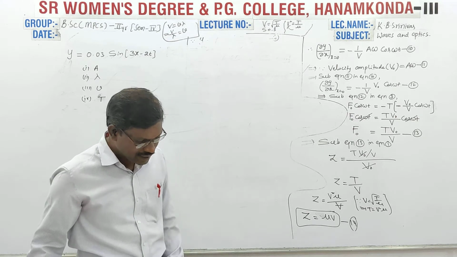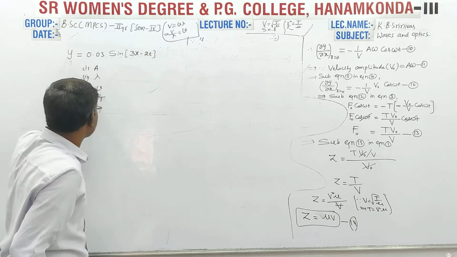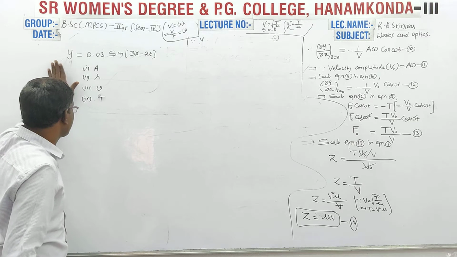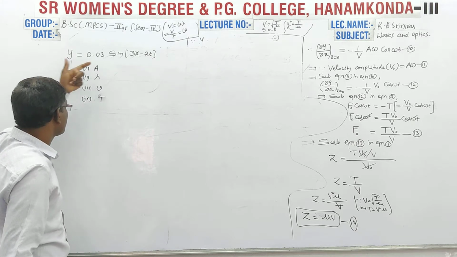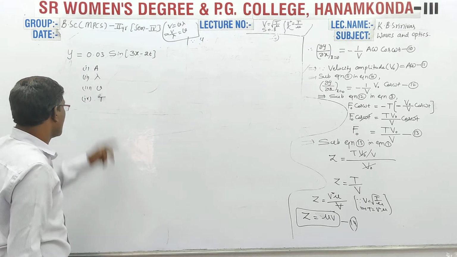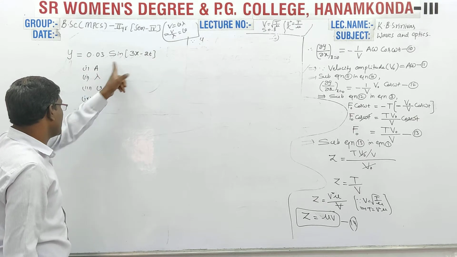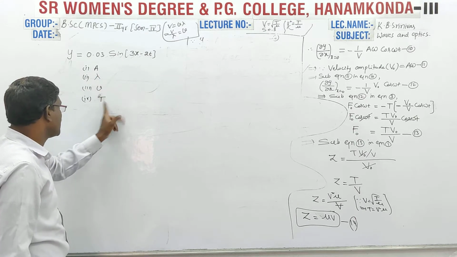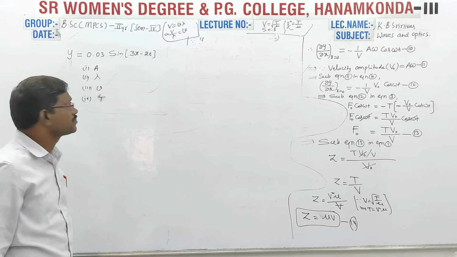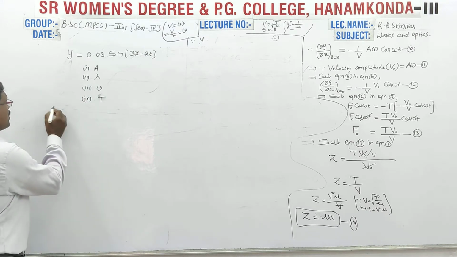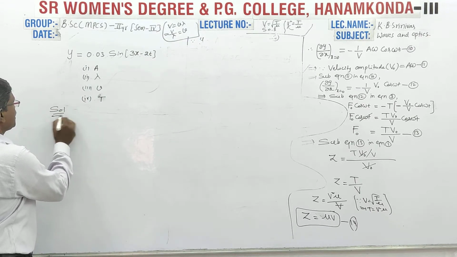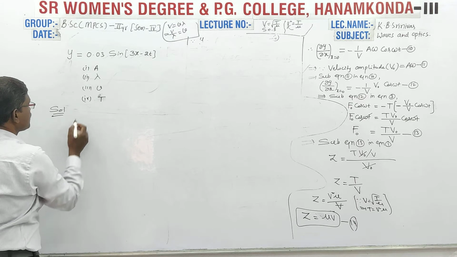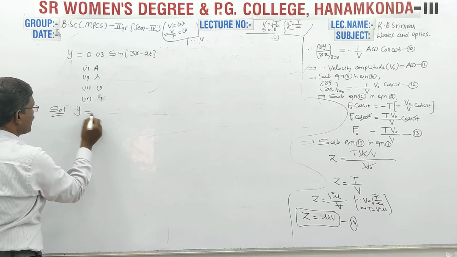Already in the previous lecture I started one problem. One transverse wave is propagating according to this expression, and you are asked to calculate its amplitude, wavelength, frequency and time period. Very important problem. How do we solve this problem? Just compare this expression with the general expression, that is y is equal to